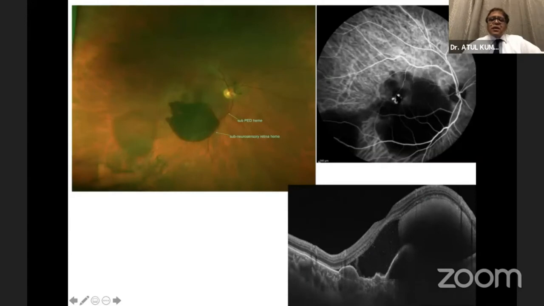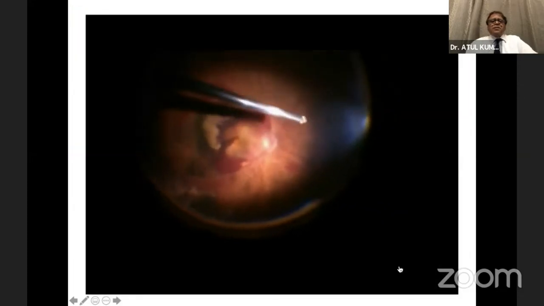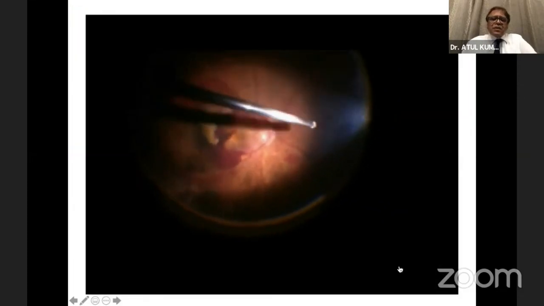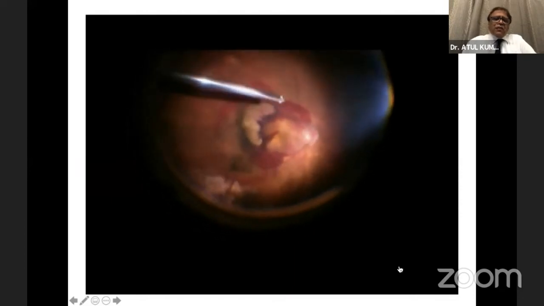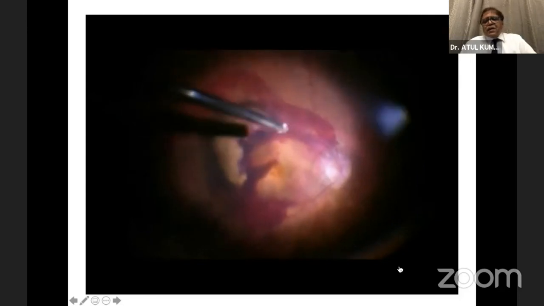So this is actually the ICG on a patient who had a massive bleed, and these bleed patients always show up the polyp very nicely. And you can see probably polyps here, probably a ruptured polyp. A lot of hemorrhage, and the whole retina is lifted up. Some PEDs over here. So multiple PEDs, typical of a PCV patient. So all this comes under the pachychoroid spectrum. One end is the central serous chorioretinopathy, CSCR, and the other end is the PCV.